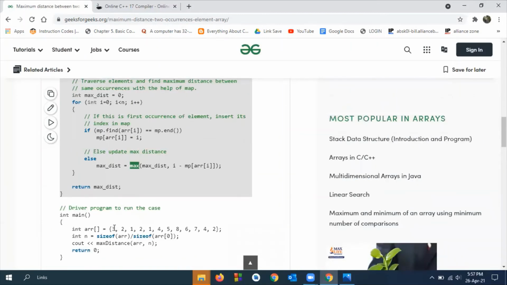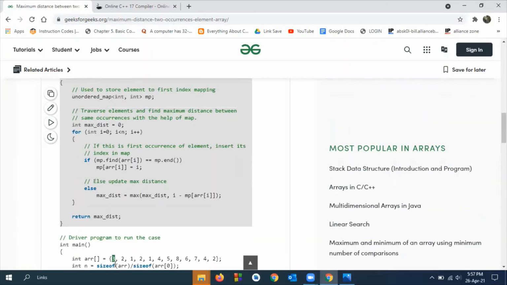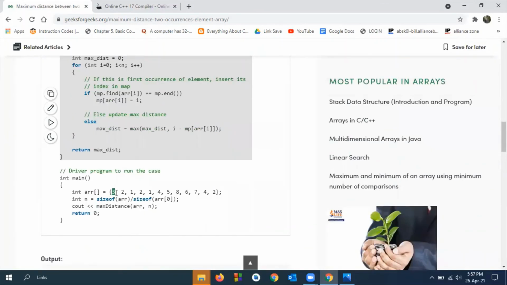Just to explain, for example, we take 3. This method will check whether 3 is present in the map or not. If 3 is not present, then take 3 as the key and 1 as the value. Now for 2, since 2 is not present, 2 will be taken as a key and its index will be taken as a value, right?